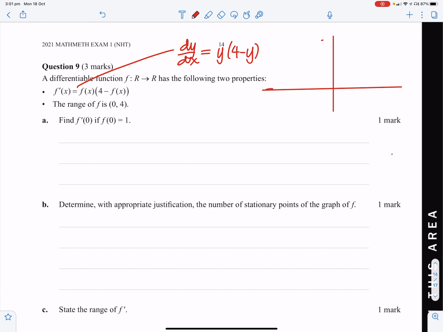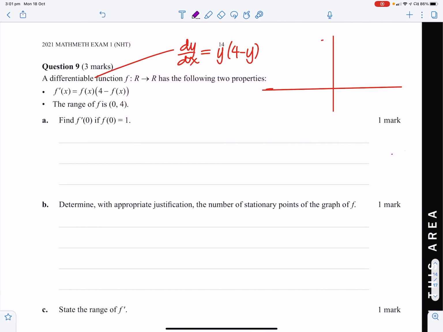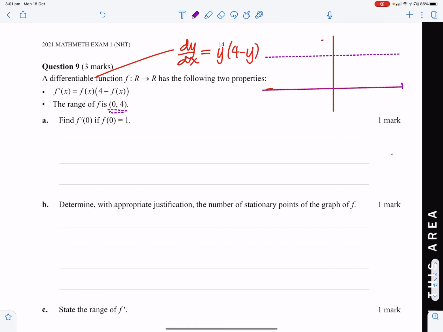The first thing it does is tell us that the function is continuous. When it's differentiable, we know it's continuous for all real values. It then says that all of our values lie between 0 and 4, but it can't include 0 or 4. So here, if I say y equals 0 and y equals 4,